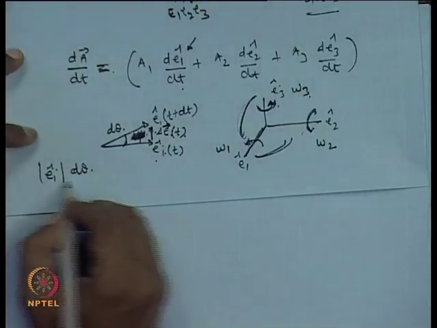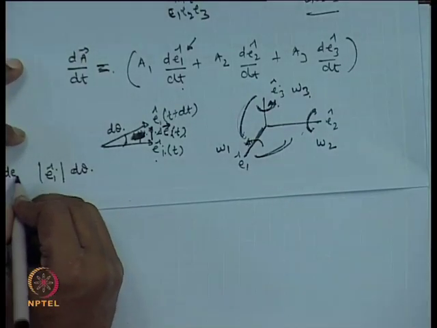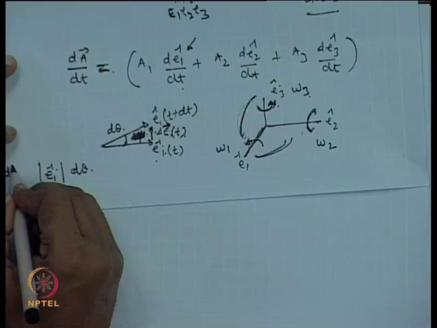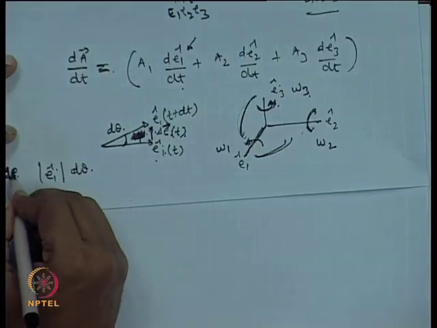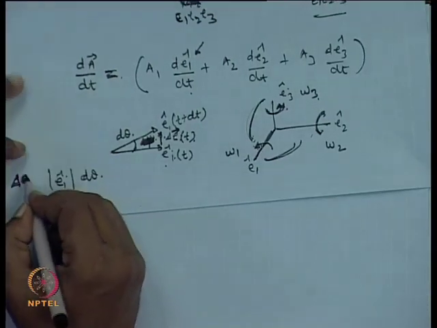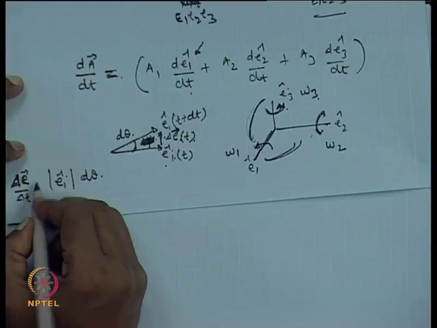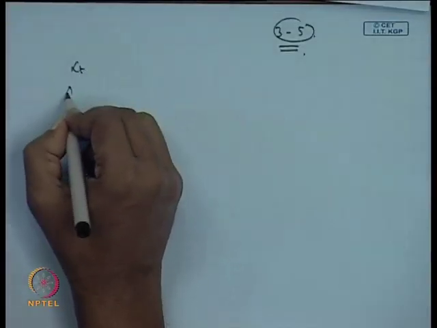And so, therefore, delta E by delta t in the limit, we can write here limit delta t tends to 0,